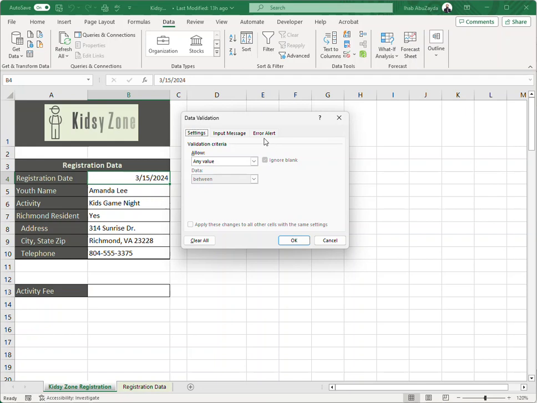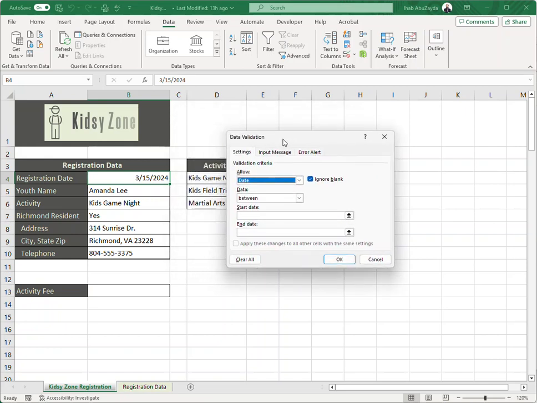And so in here, you will specify what you will be allowing in this particular field, and we will be allowing a date. And let's say our activities are going to be between March 1st,